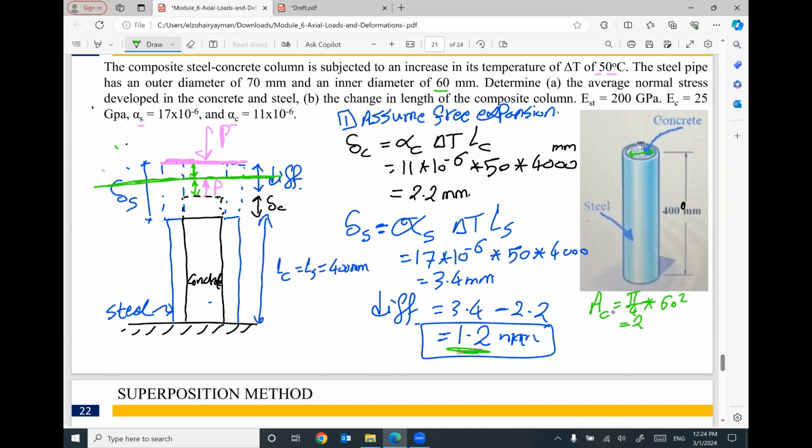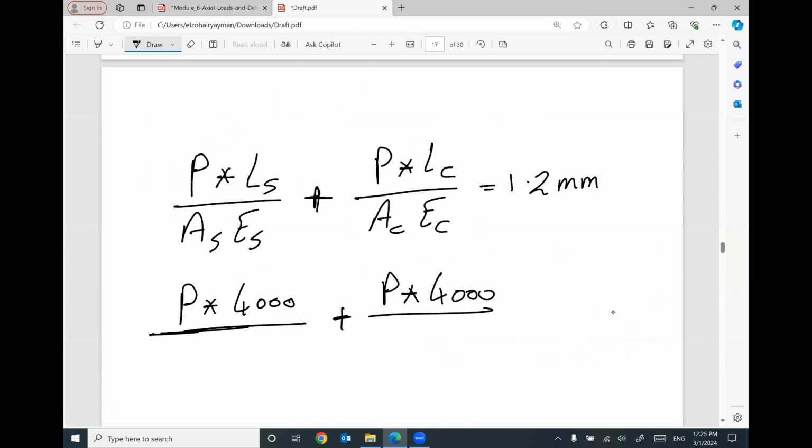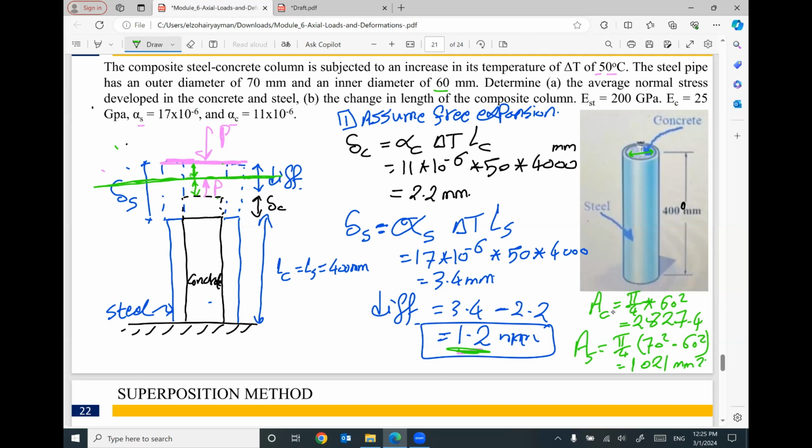It will be 2,827.4. The area of steel will be the outer circle area minus the inner circle area. So it will be pi divided by 4 times the outer one squared minus the inner one squared. It is 1,021 millimeter squared. So area of steel 1,021 times E of steel